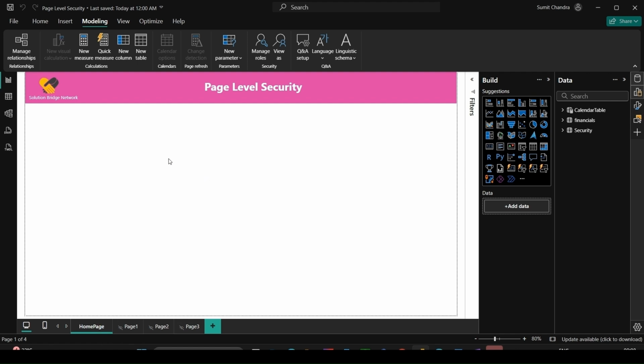So the idea is, in the home page we will create a navigation so that from here, based on user access rights, they can see the page names and navigate to those pages. Now let me explain in detail how we can achieve it. Before that, let me show you the tables that we have. So here we have a calendar table, a financial table, and we created this security table to achieve the page